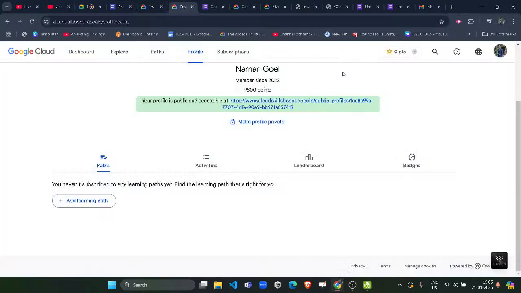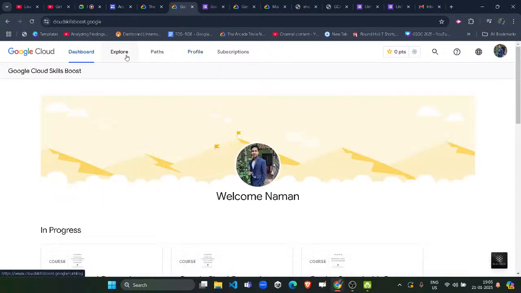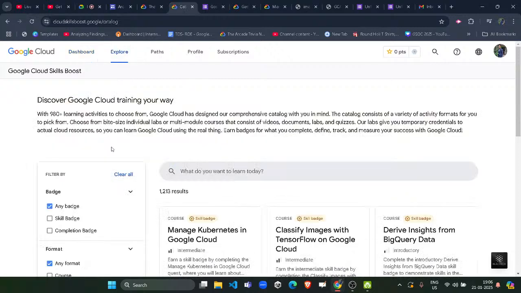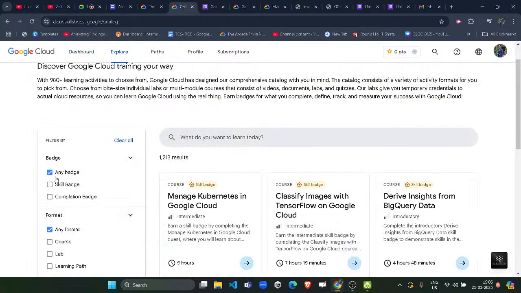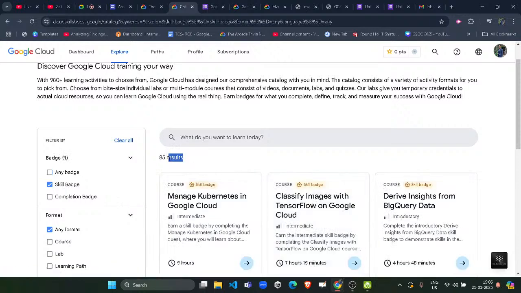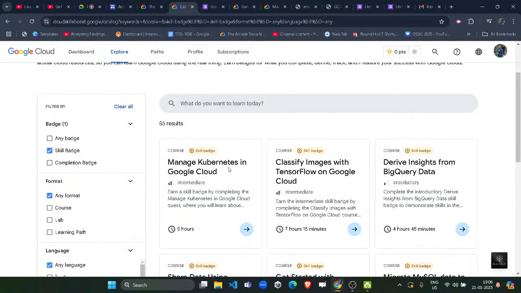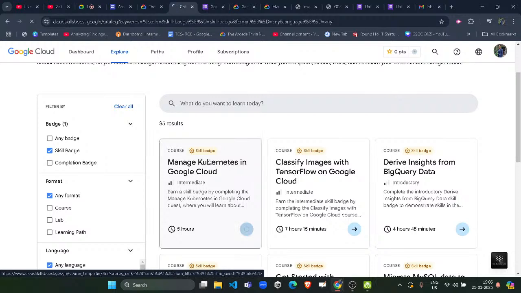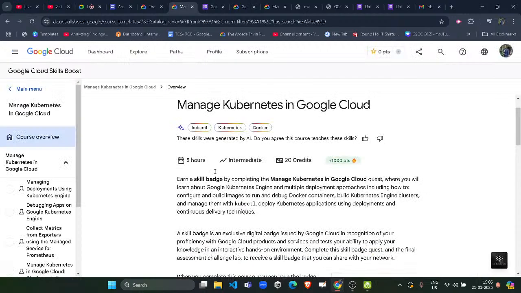Come back to your Cloud Skills Boost profile, go to the dashboard, and on the dashboard you will see the option Explore. On the above navigation bar, click on the Explore button. Let the tab open, and now from the left panel you have to select skill badges. Instead of any badge, you need to select skill badge, and instantly the page would be refreshed. Now there are a total of 85 skill badges there. These are the skill badges you need to complete, and on completing them you would get 1 arcade point. 2 skill badges equal 1 arcade point, and to complete these skill badges you need